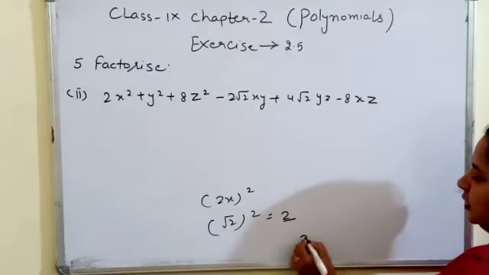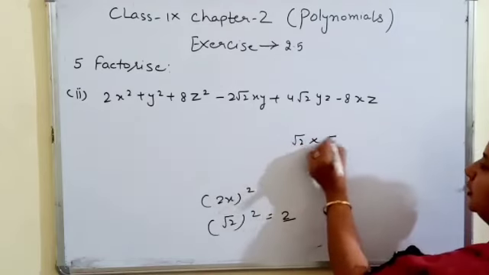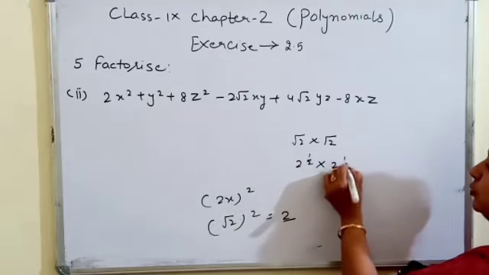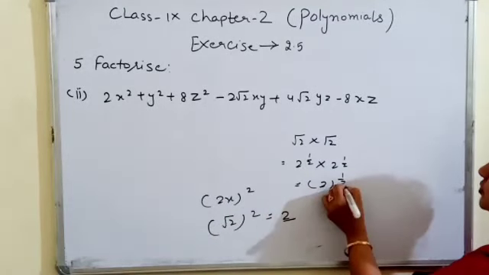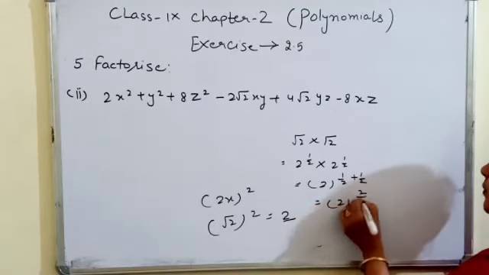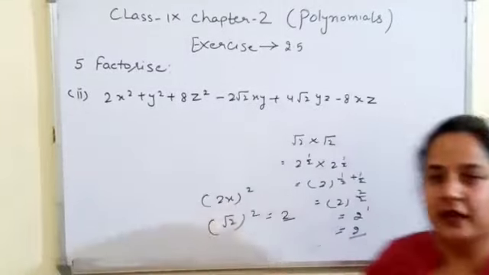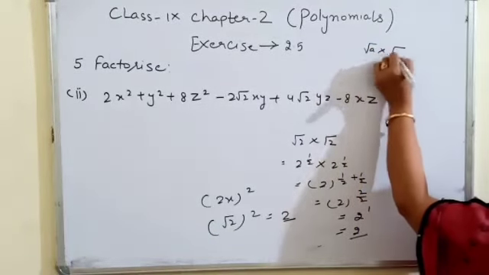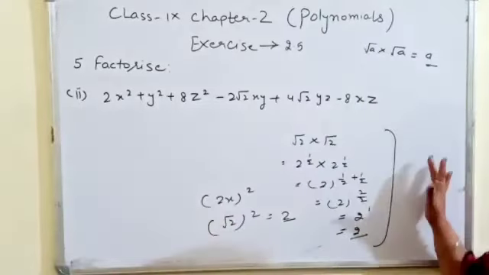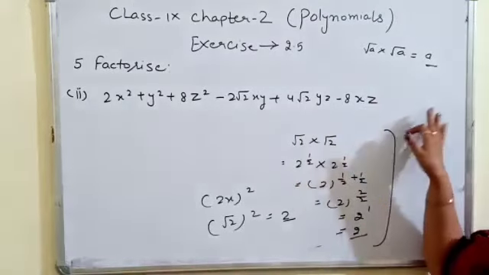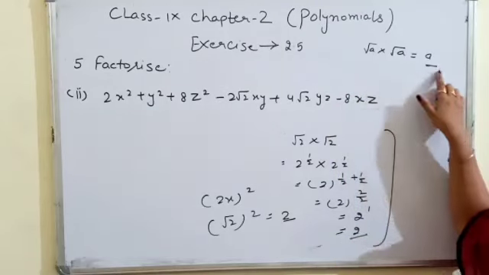Let's see it again. Root 2 into root 2. It means 2 has power 1 by 2, so 2 power 1 by 2 into 2 power 1 by 2. What is the rule? The bases are the same, so we add their powers: 1 by 2 plus 1 by 2 is 2 upon 2, which is 1. So this is the result. When the same number is multiplied, root a multiplied by root a is equal to a. You have to remember this rule, because in mathematics for everything we have a proof. This was the proof, but we will not give the proof every time, so we have to remember it: root a multiplied by root a is equal to a.